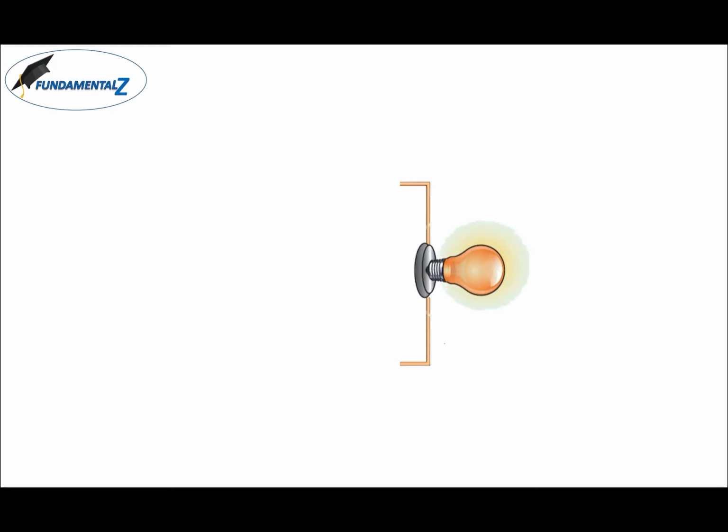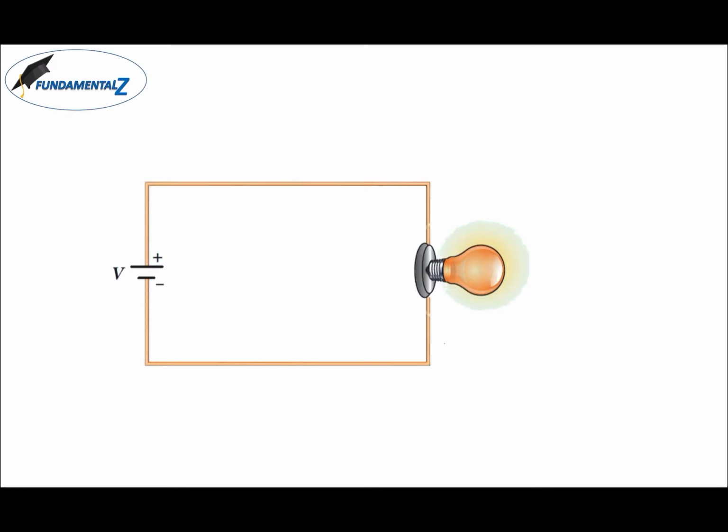Okay, so let me take a small light bulb. So this is a light bulb. In order to make that light bulb light up, electricity needs to pass through that bulb, isn't it? So what should I do? I have to connect it to a battery. So this is a battery. I'm connecting the electric bulb to the battery. The battery has a positive end as well as a negative end. So I am going to connect the positive end of the battery to one end of the light bulb as well as the negative end of the battery to the other end of the light bulb. Now the light bulb is connected and it's going to light up.